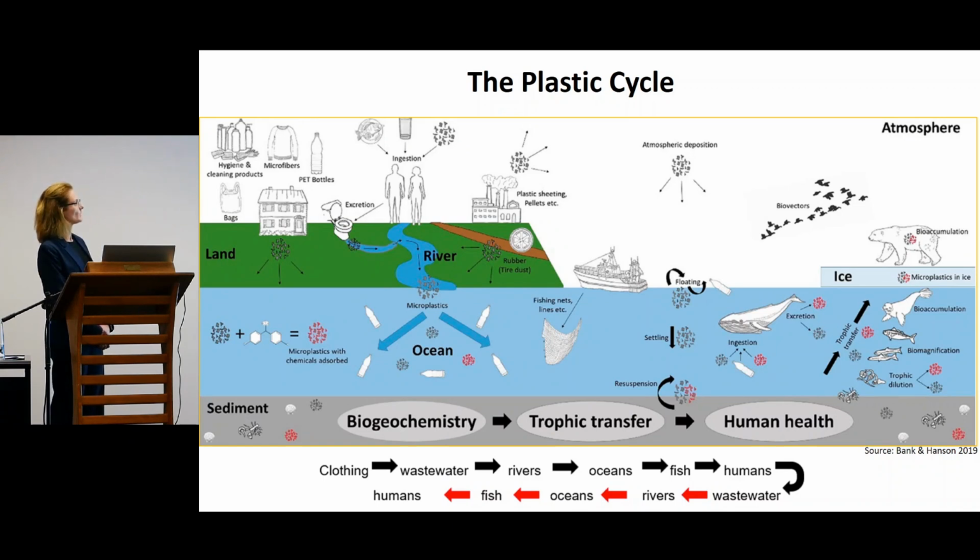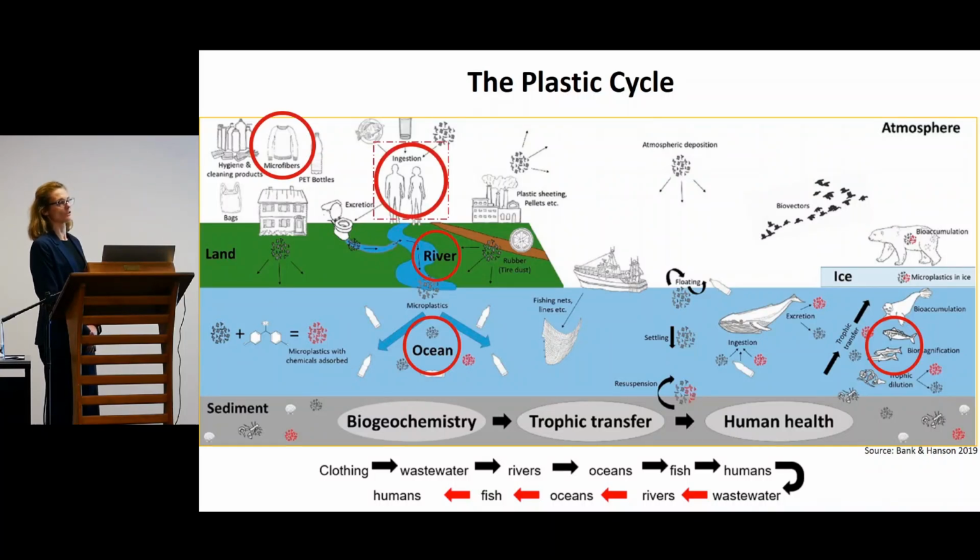To give you an example, washing of laundry produces microfibers, small plastic particles, and these are then treated through treatment plants, which cannot capture all of the plastic particles, which Anyame will talk about a bit later. These are deposited into our rivers, which are then deposited into our oceans, where fish consume these particles,